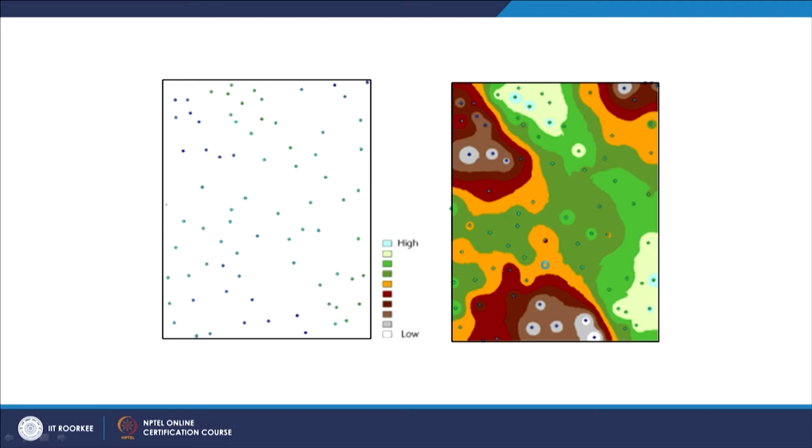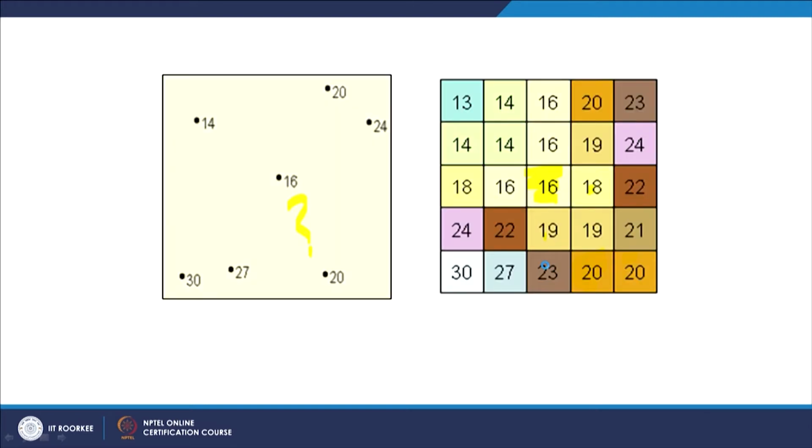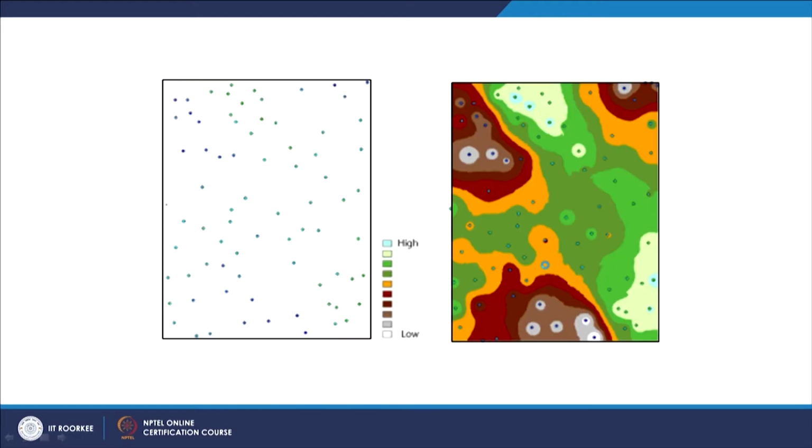But if you have just a few points as input for spatial interpolation, the level of confidence in your output may not be as high as in this case. So, one has to remember, if possible, bring as many observations or points as possible before interpolation, so that you are likely to get high accuracy.